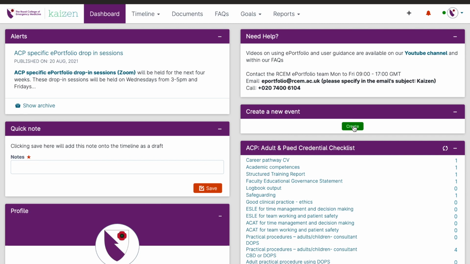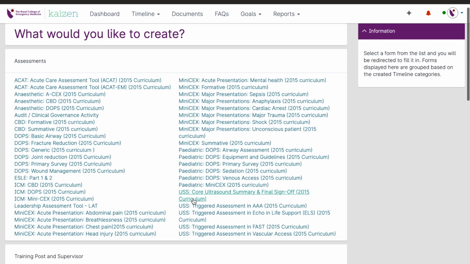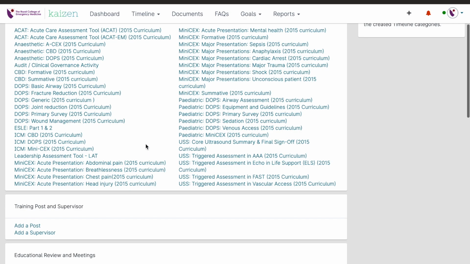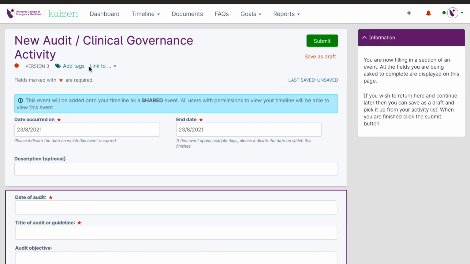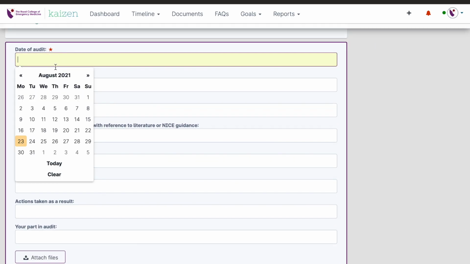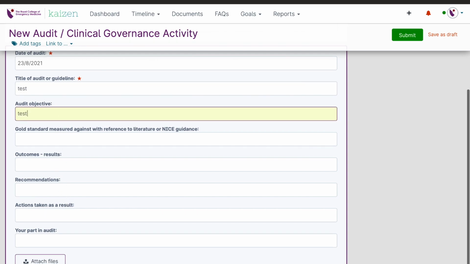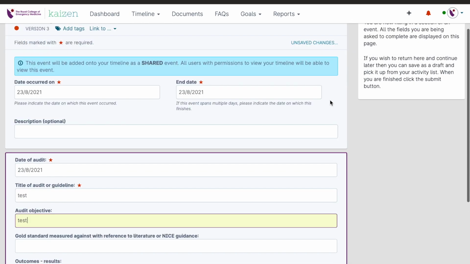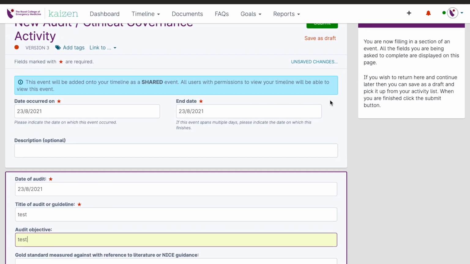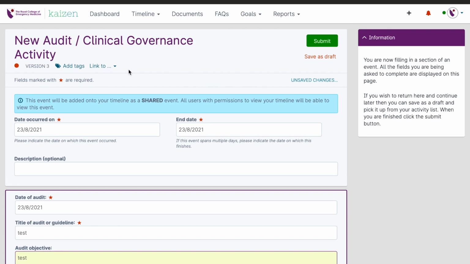and create an event. The form I'm going to create will be an audit and clinical governance activity form. So within this form, I'm going to say the audit happened today, the title, we're just going to put test, and again, the subject I'm going to put test. So at this point, I can choose to link to the curriculum now. So I can click add tags,